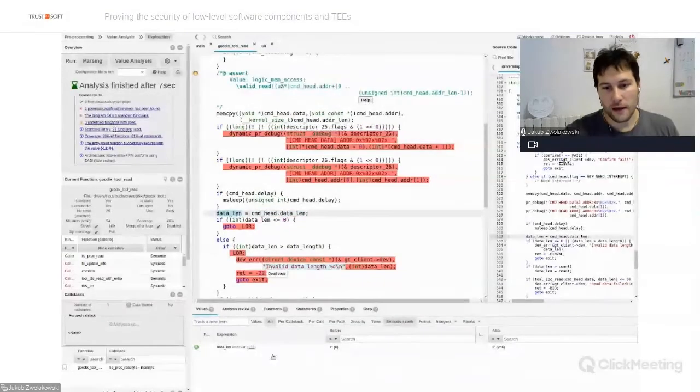And what's interesting, I can use the TrustInSoft Analyzer like an advanced debugger. I can go backwards and forwards in the execution of the program and see exactly what's going on at which points. So I have full semantic understanding of what is going on in the program.